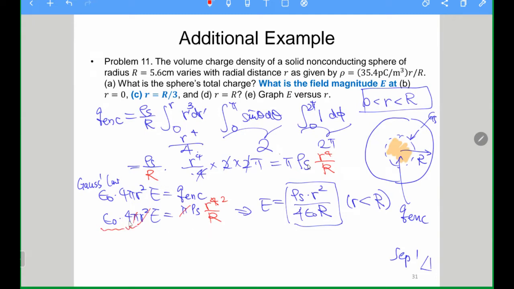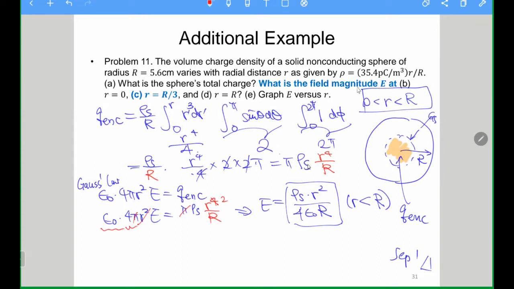So we have 4 epsilon naught capital R in the denominator, and in the numerator we have rho s r squared. So this is the closed form solution when r is smaller than capital R, which is required by part E. But of course, in part C, what we need to find is